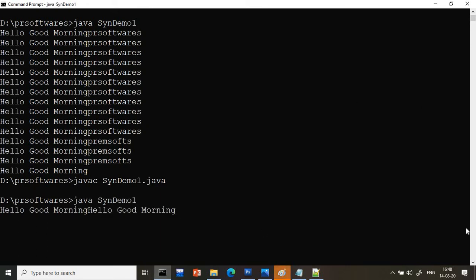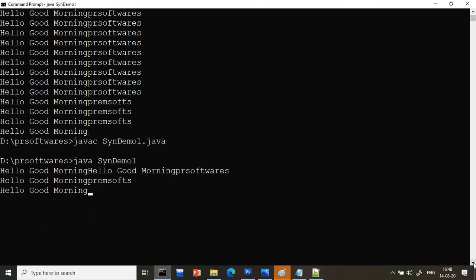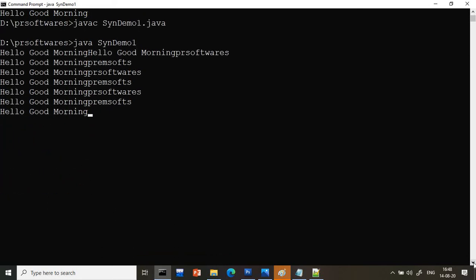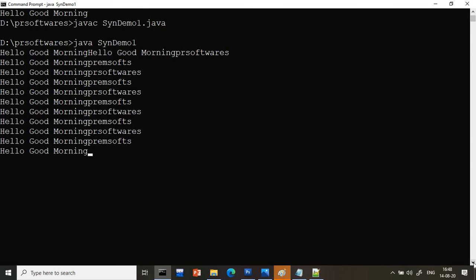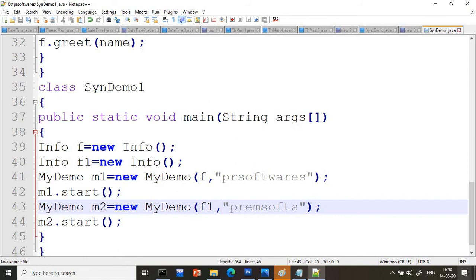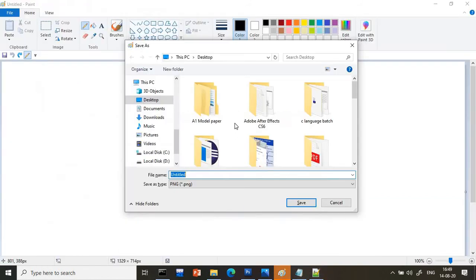My output, guys: is the data consistent or inconsistent? Is one person working or are two people working at a time? Here both the threads are working at a time. Sir, why? Now you observe here. What was happening here previously? Suppose, for example, both